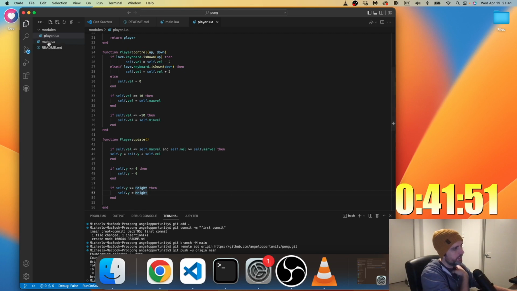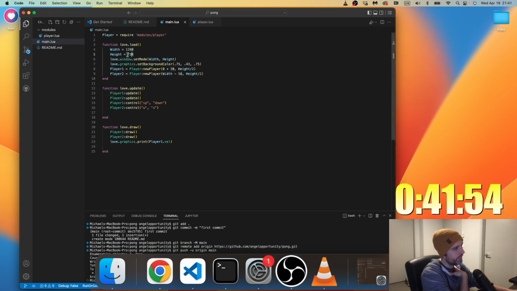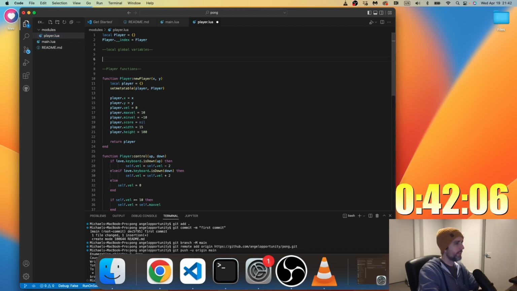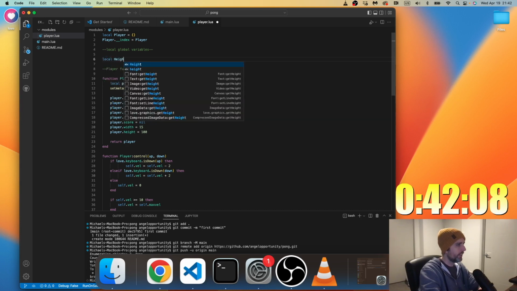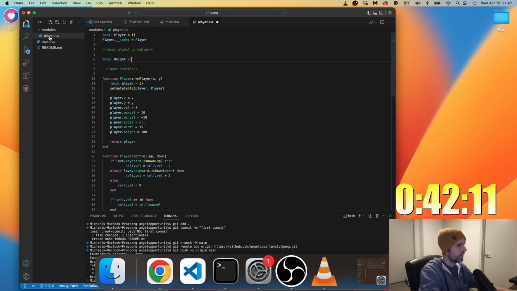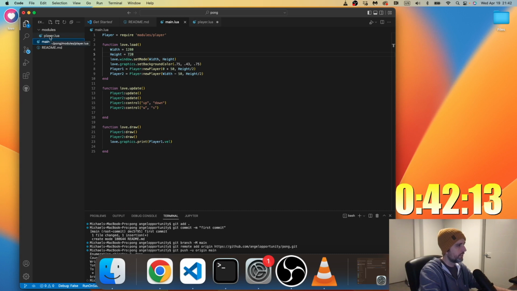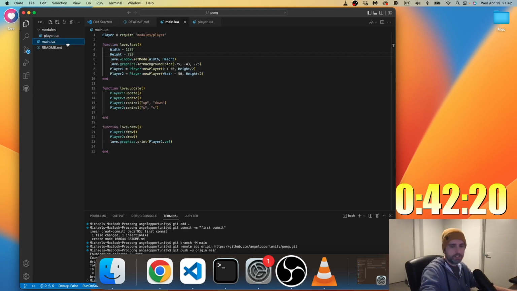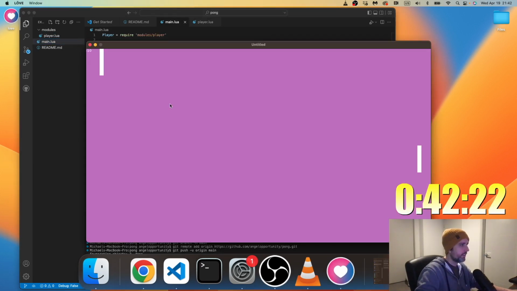It's possible that this is a global variable in love.load, but not in here maybe. This is kind of sloppy, but I'm just going to make a local global here. Local height equals. I don't think this is going to fix it, but I want to make sure that's not the problem before I think so. Okay.